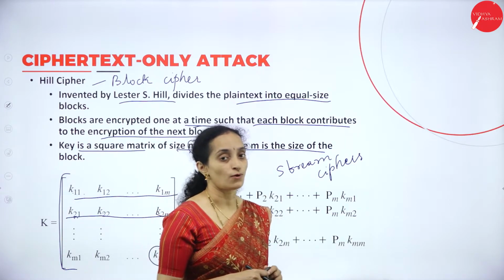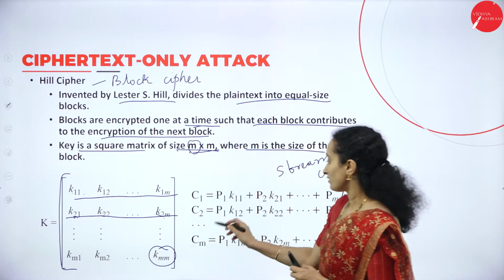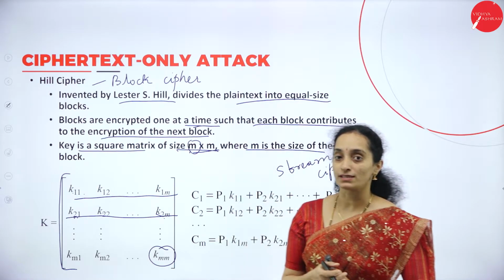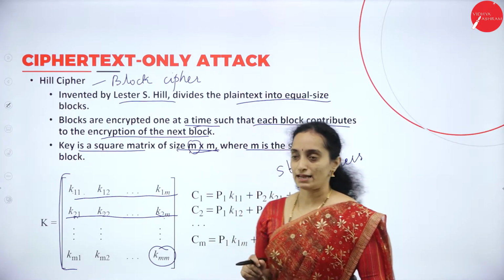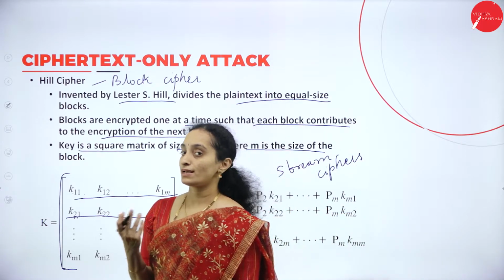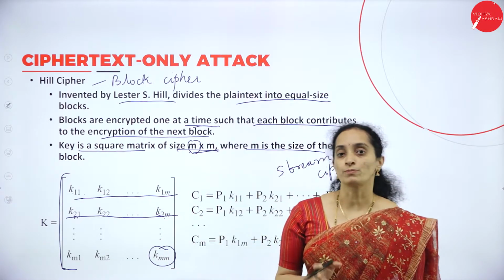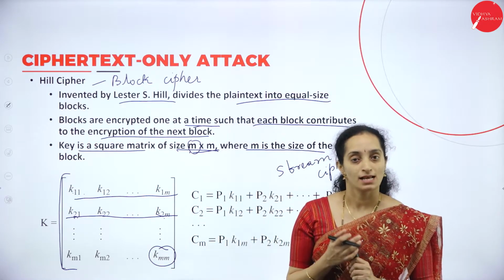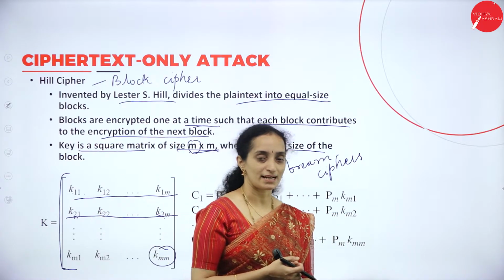Again, the ciphertext will be in the form of a block only, a matrix only. So that will be considered like this as we do the matrix multiplication. Because we do the multiplication of matrices, we consider the multiplicative inverse. As we know about multiplicative inverse, all the keys cannot have a multiplicative inverse. So while choosing the keys, you have to be careful to choose only numbers that have a multiplicative inverse, because all the numbers cannot have a multiplicative inverse.